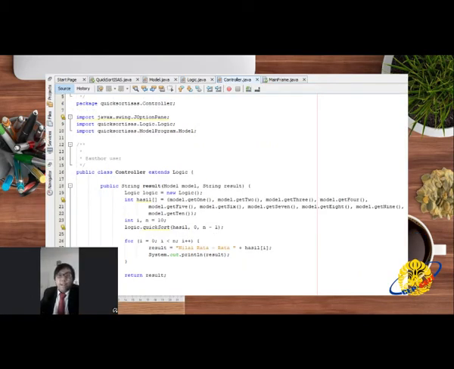This is the controller class. We use this class to call the model, and of course the logic, to be called in our application frame. Let me explain about the code. Integer hasil array consists of the first until the tenth inputted number in our frame. Then it will be processed by the logic. Then the output will be written in the output run.